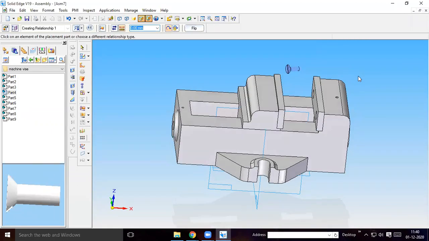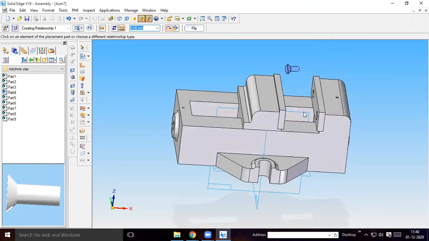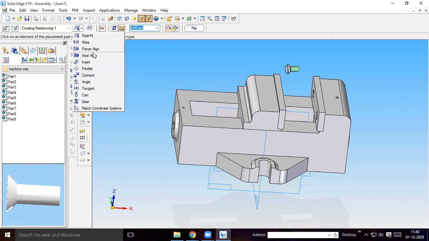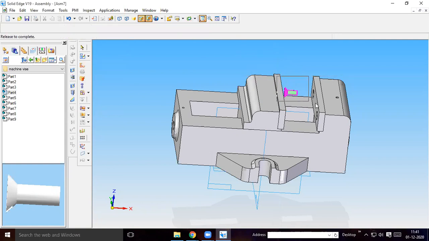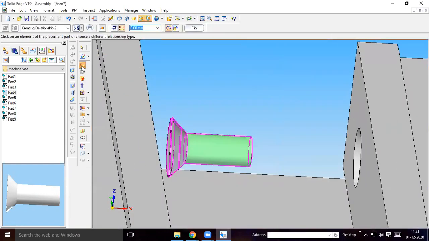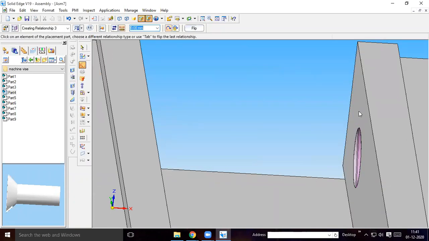Once you do it for the left, you can mirror because you have a plane at the center. You can mirror to the right side. Behind the plane we are placing, then you can mirror in front of the plane. Use axial alignment of screw and screw hole. Then flush fit of, zoom this area, flush fit of this surface with this surface.